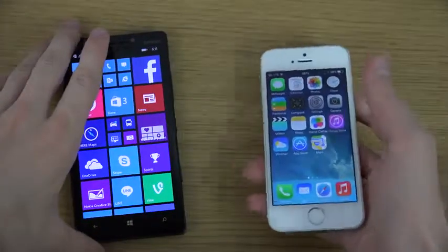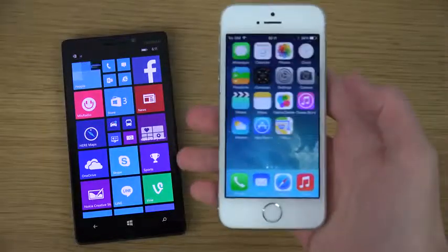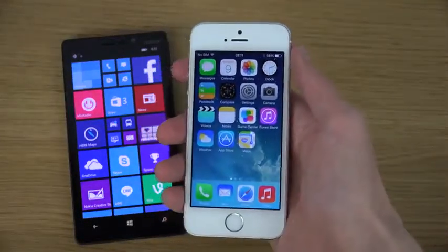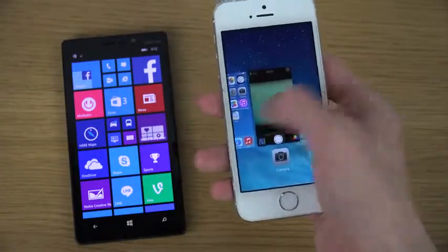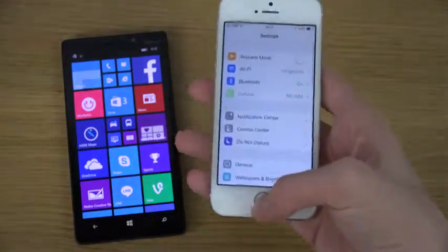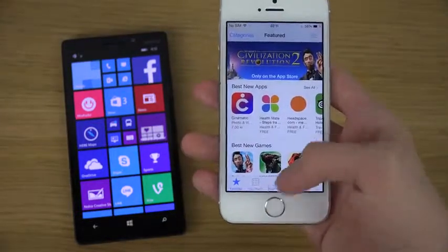Let's move on here. So Windows Phone 8.1 versus iOS 7. Of course, iOS 8 is out in a beta, and I've already checked out the latest beta 3, and it's definitely quite nice. You can see here how multitasking works, so comparing it here, if we open up settings here, and let's open up some more stuff,